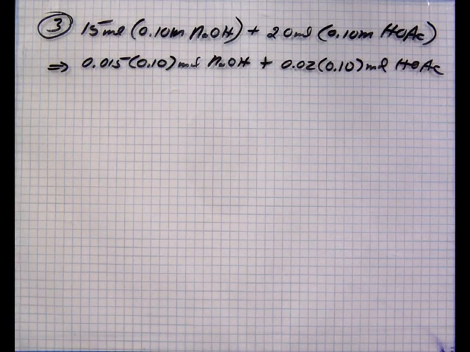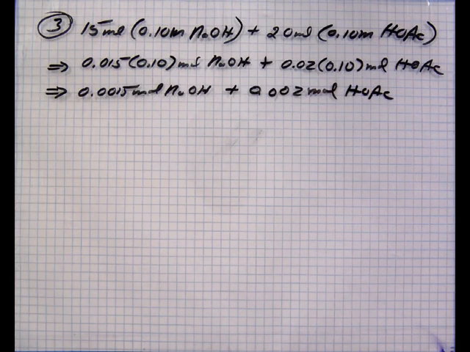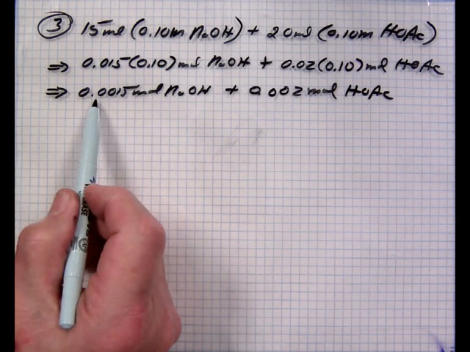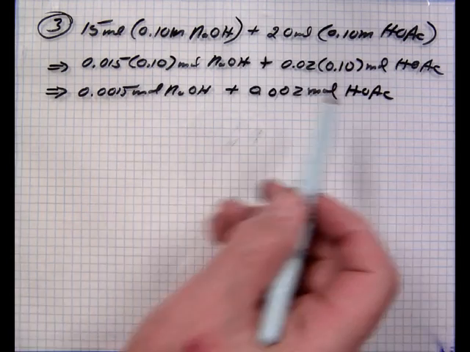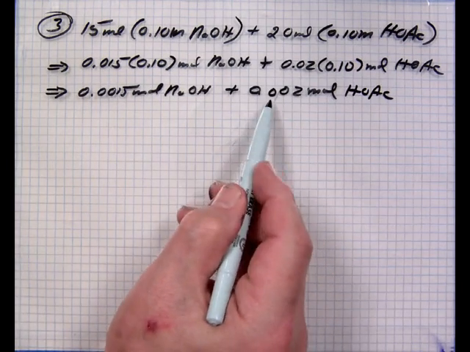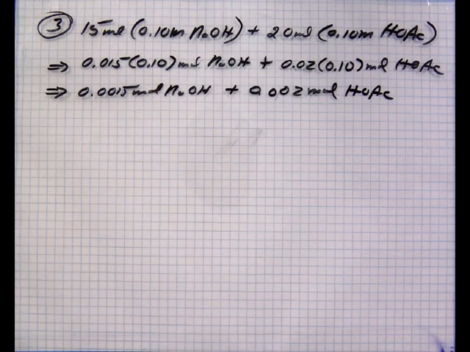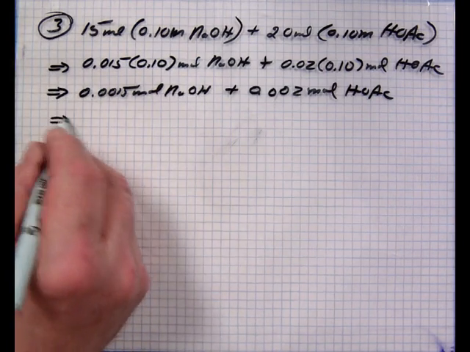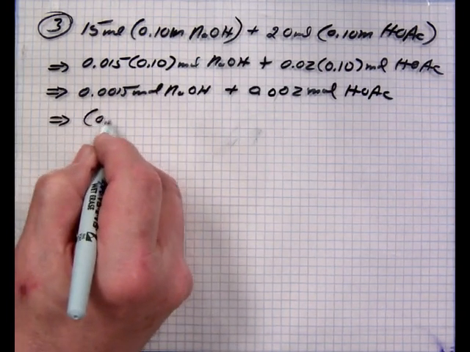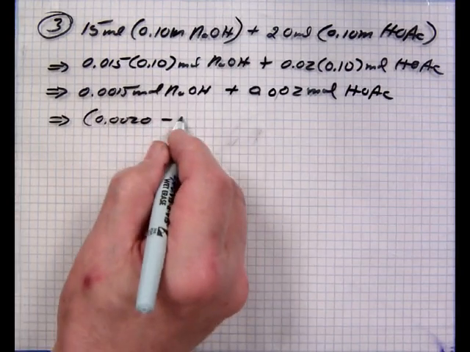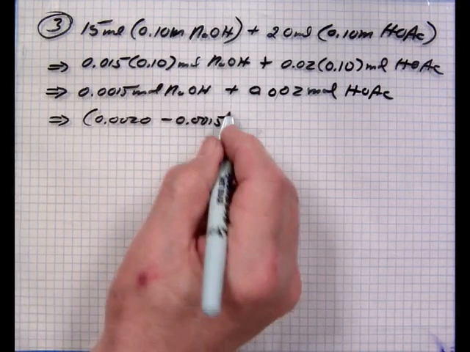Molarity times volume gives us, so this computes to be 0.0015 mole of sodium hydroxide added into 0.0020 mole of acetic acid. So we will neutralize 0.0015 mole of the acetic acid, leaving some excess acetic acid, and we can calculate that as 0.0020 minus 0.0015 mole